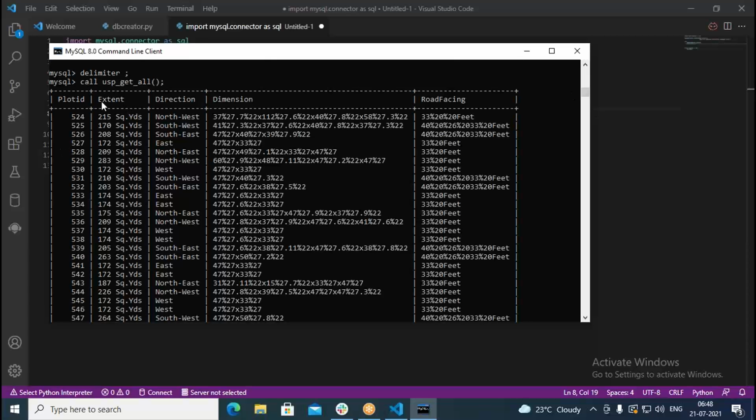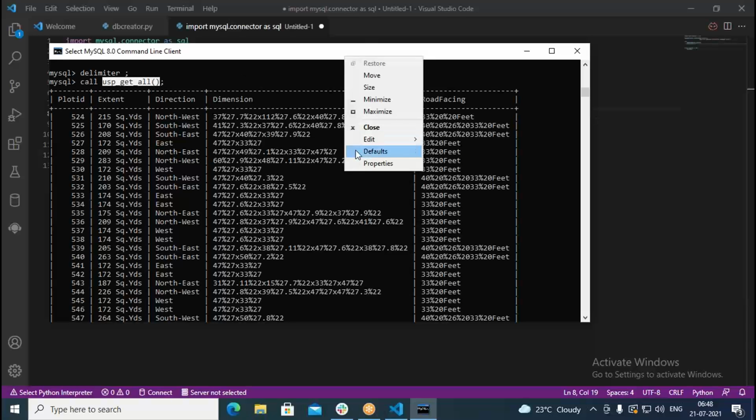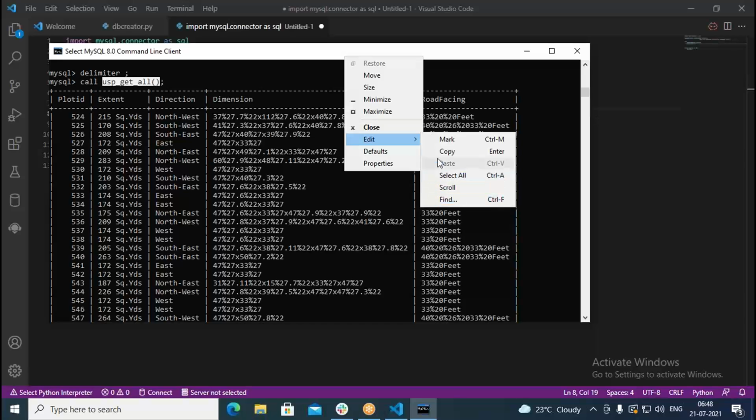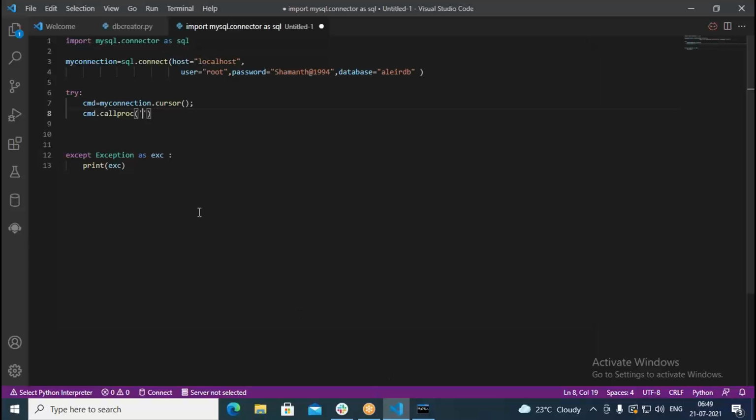The procedure name is usp_get_all. I can copy this one and put the name of the procedure here. We don't require any brackets inside that. Just write usp_get_all.